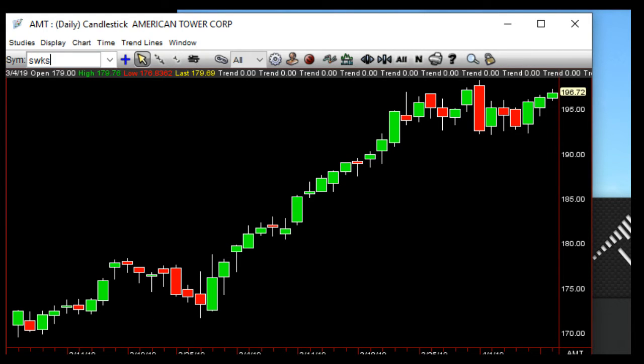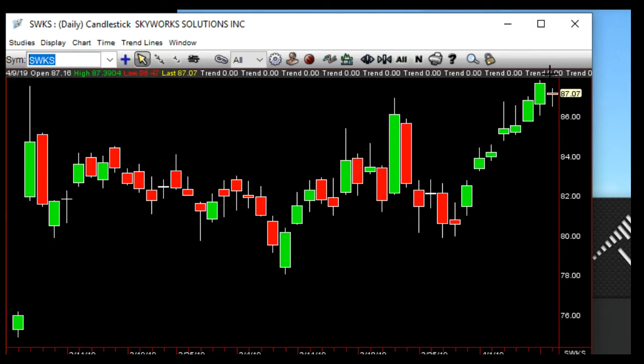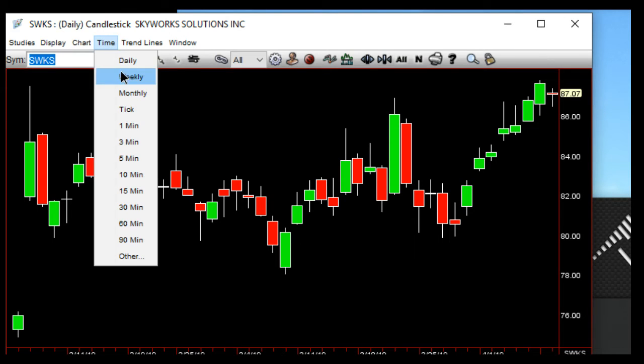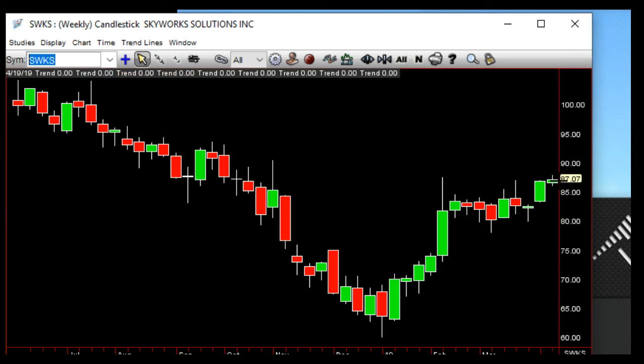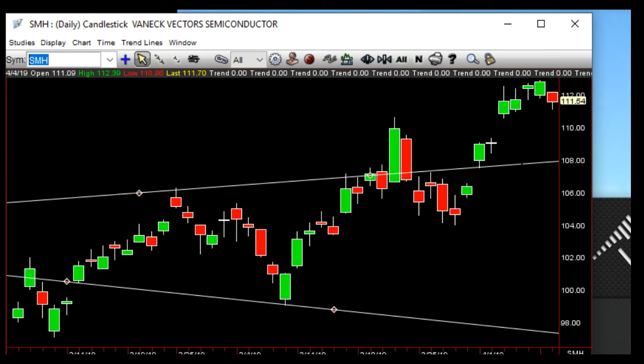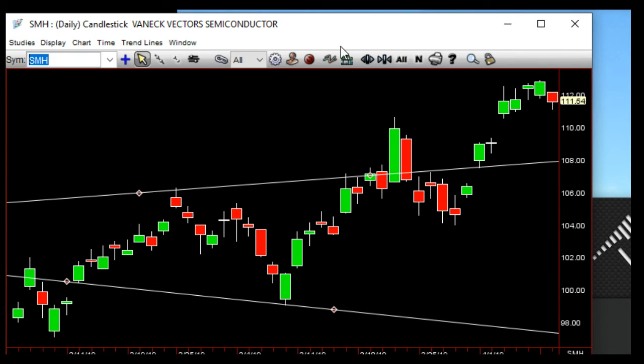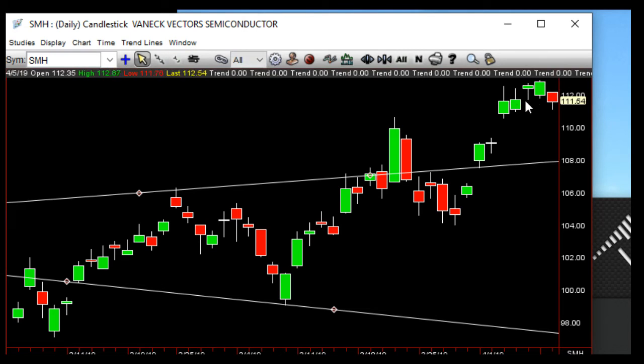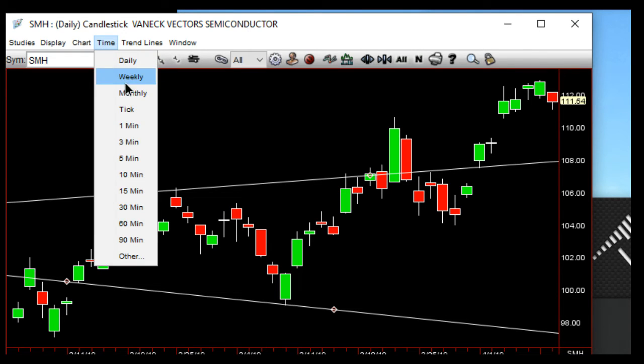SWKS. Now, we had some weakness in some semis early today, but SWKS is an inside day and still slightly above last week's highs. So we'll see if we can get the SMH. And SMH does this here. So now it takes out yesterday's low. So now what's the next two? Does it try and expand through here? Does it take this out and come back in the highs? We can watch that with the Qs. You can see how bad this range is. It's just ridiculously bad. So I'm just going to be careful on a lot of things on the downside, a lot more happening over there so far for the week.